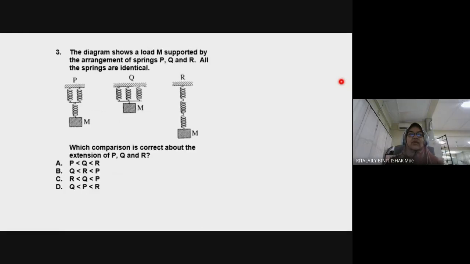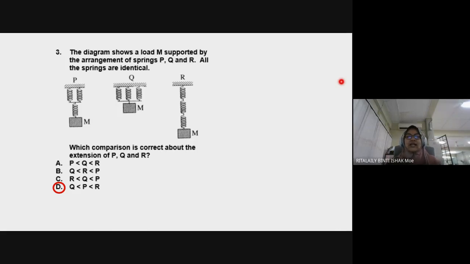So let's look at question number 3. Okay, D. Abi answered D. Nadia answered D. Yoshini answered D. Kalpana also answered D. Everybody answered D for question number 3. So the answer is correct. It's D. Okay, so if you are not sure